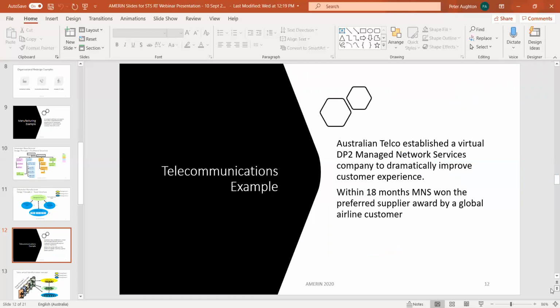The telco example was 50,000 people. This one, they were going to lose a major airline customer because the silo structure was just causing too many things to fall through the cracks. So we set up what's called a managed network service, which was looking at managing the digital communications network for these major corporations. And this airline was an international airline, but the telco was causing so many problems that the chairman of the